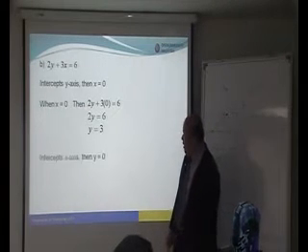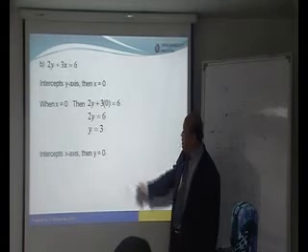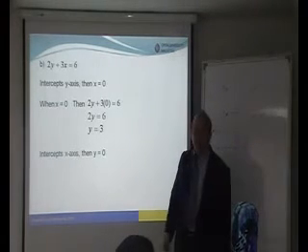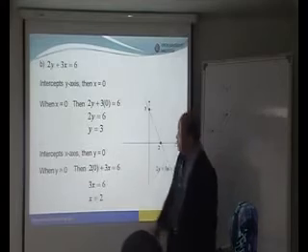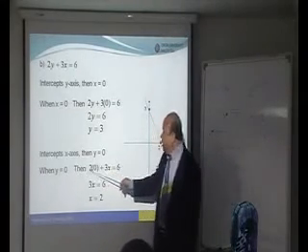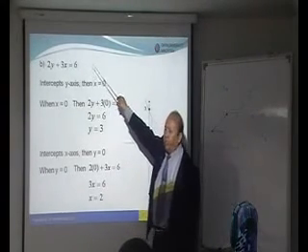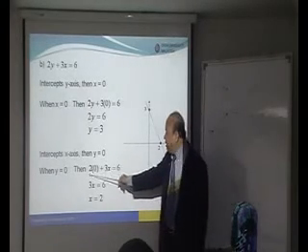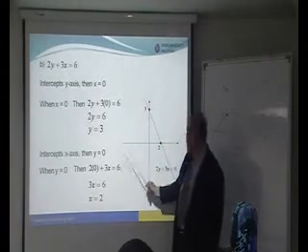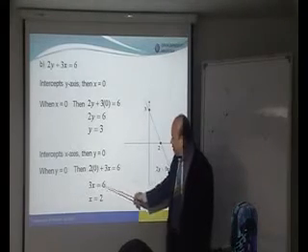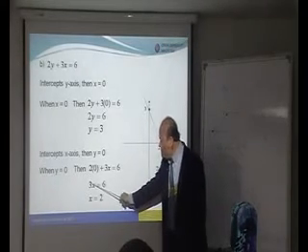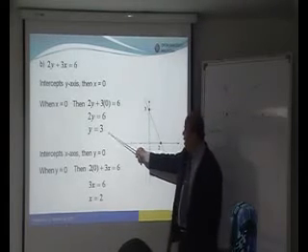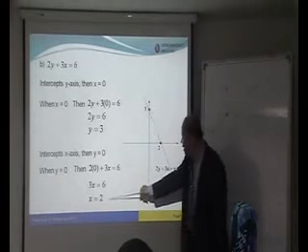And then the second point, intersection on the x-axis, substitute y with 0. So when y is equal to 0, you substitute into this equation. You get 2 times 0 plus 3x equals 6. So this is 0, and the remainder is 3x equals 6. When 3x equals 6, then x equals 6 divided by 3. The answer is 2. So you mark y equals 3 here and x equals 2 here.